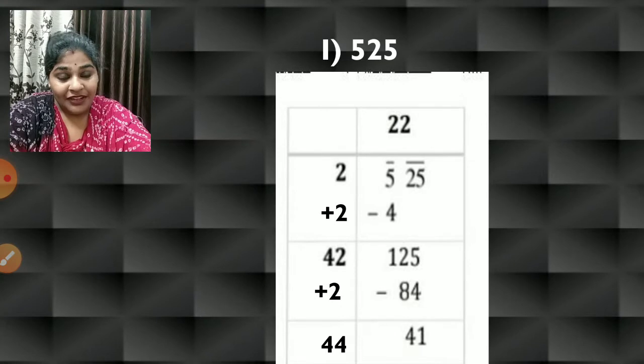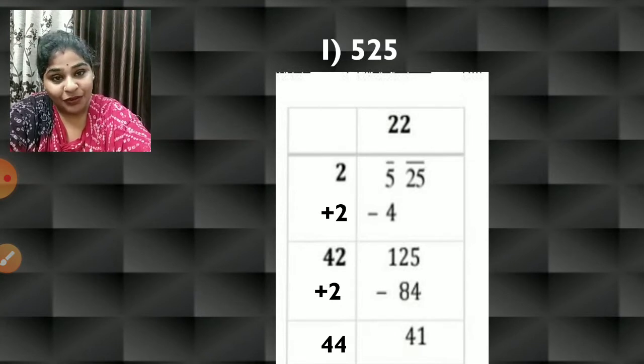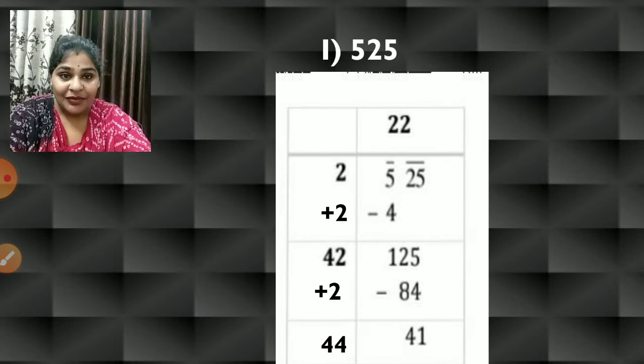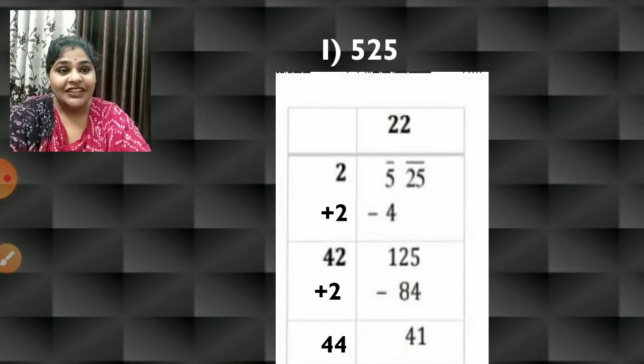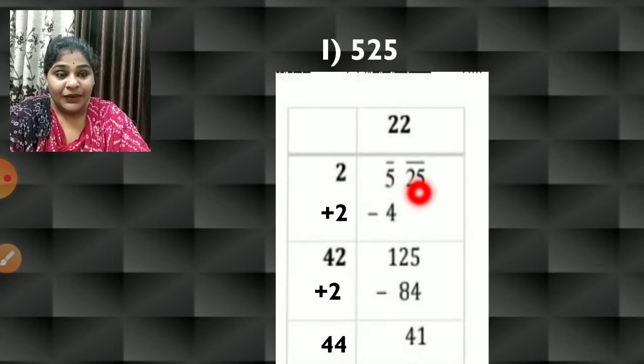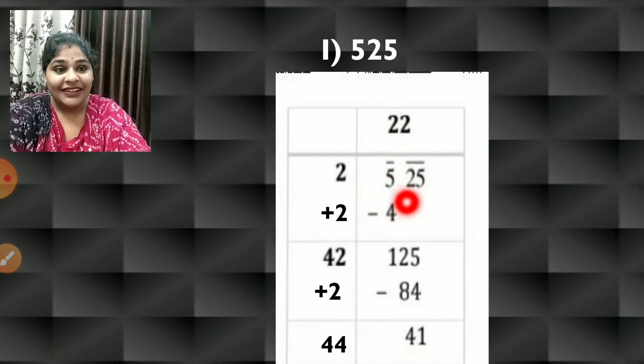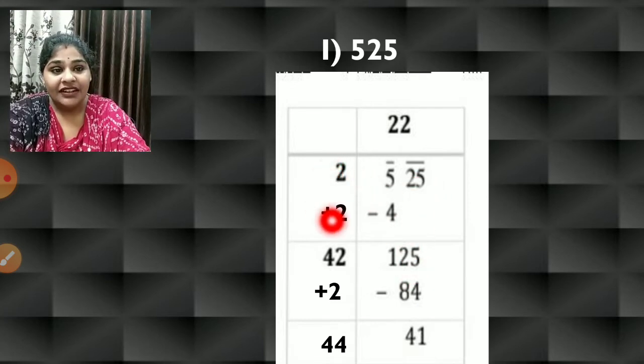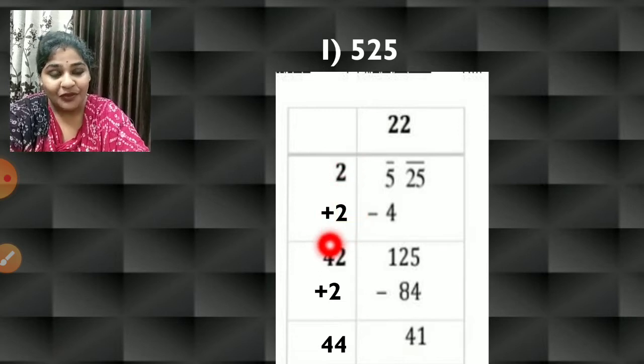So 525, division method. Everybody, I hope now it is very much clear, children, and I hope you all are practicing this. So let us further proceed with the division method. 525, first we have paired it, right? Now let us start dividing. 2 2s are 4. 5 minus 4 will be 1, and the next pair will come down, that is 25. And on the left hand side we will add the same number, that is 2 plus 2 will be 4.